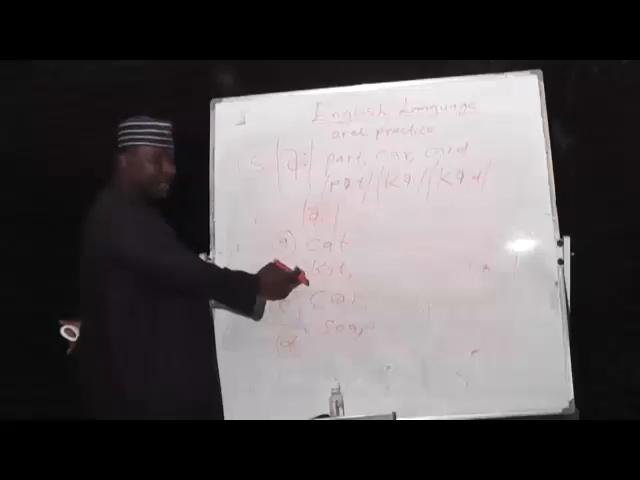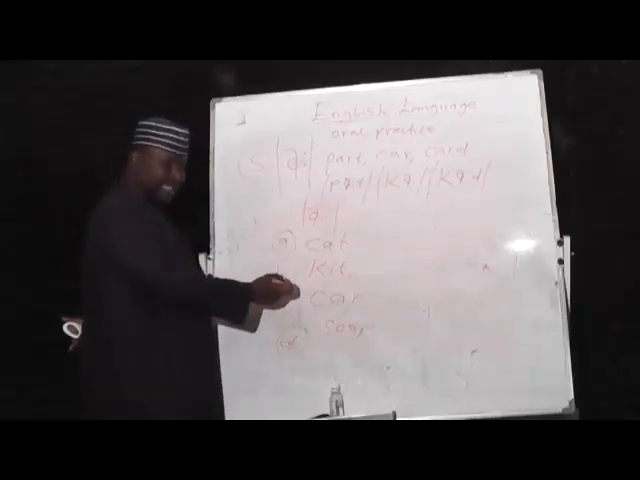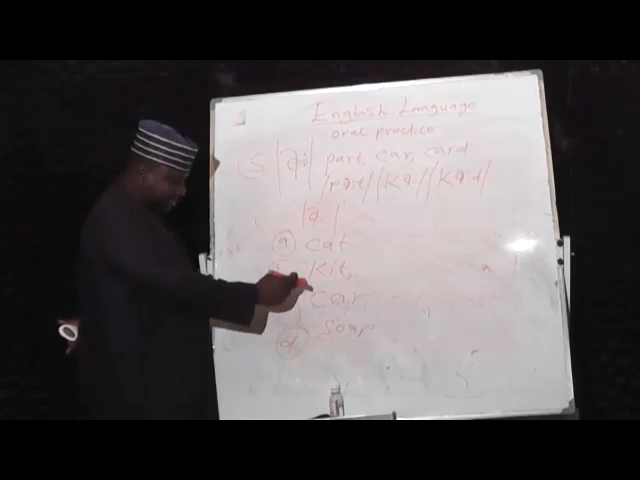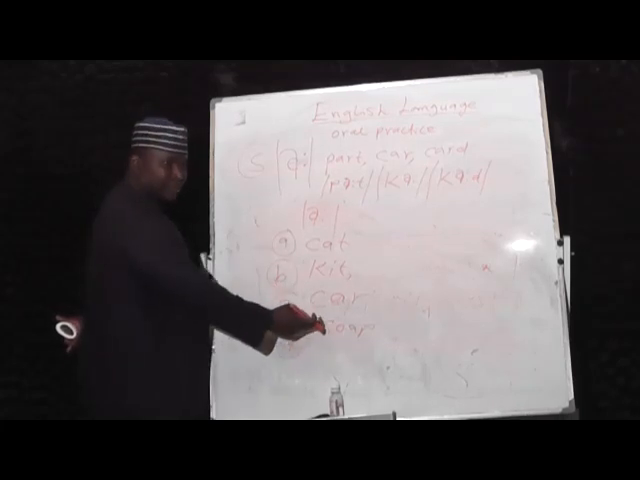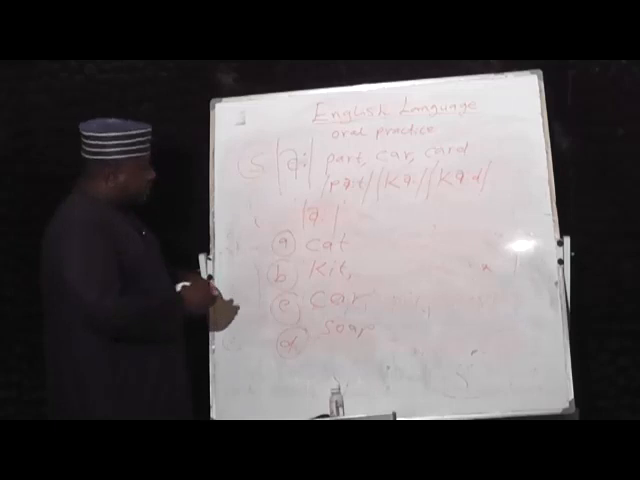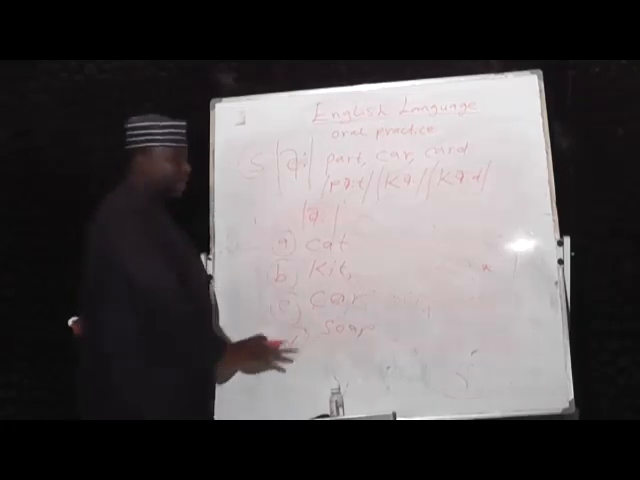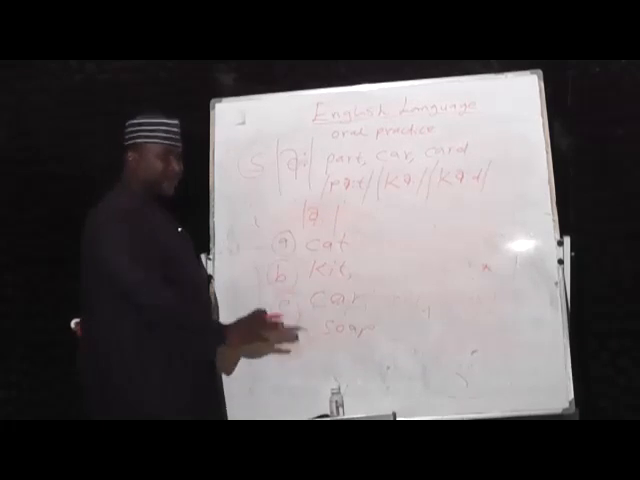Again, cat. This one is kit. Again, kit. This one is car. Again, car. This one is soap. Again, soap. So you see, these are what we call distractors. In these options, no matter how they are set, the examiners,